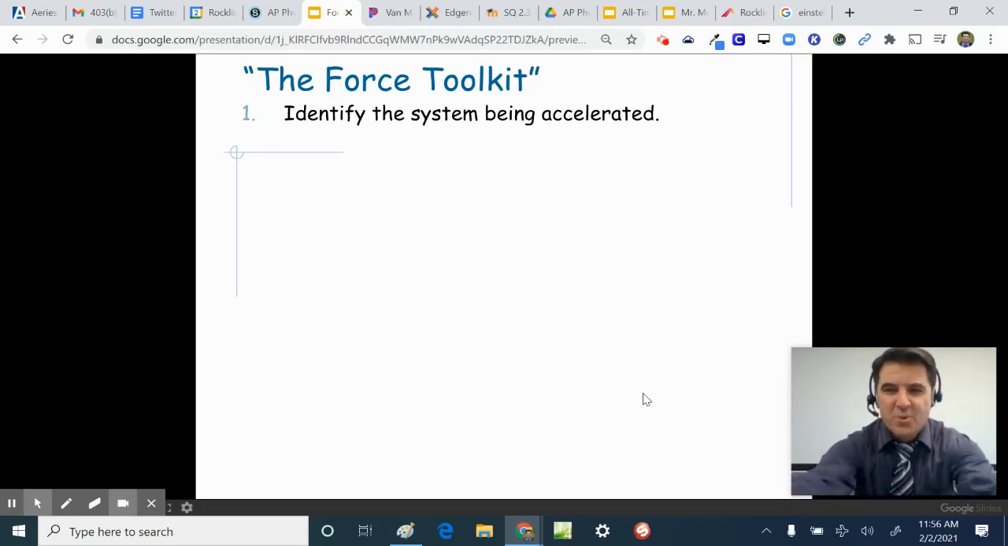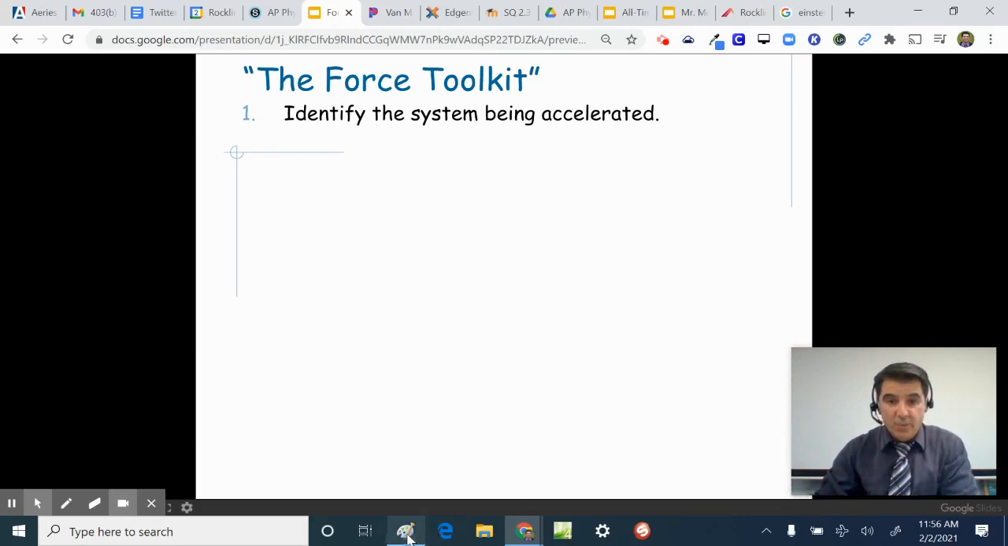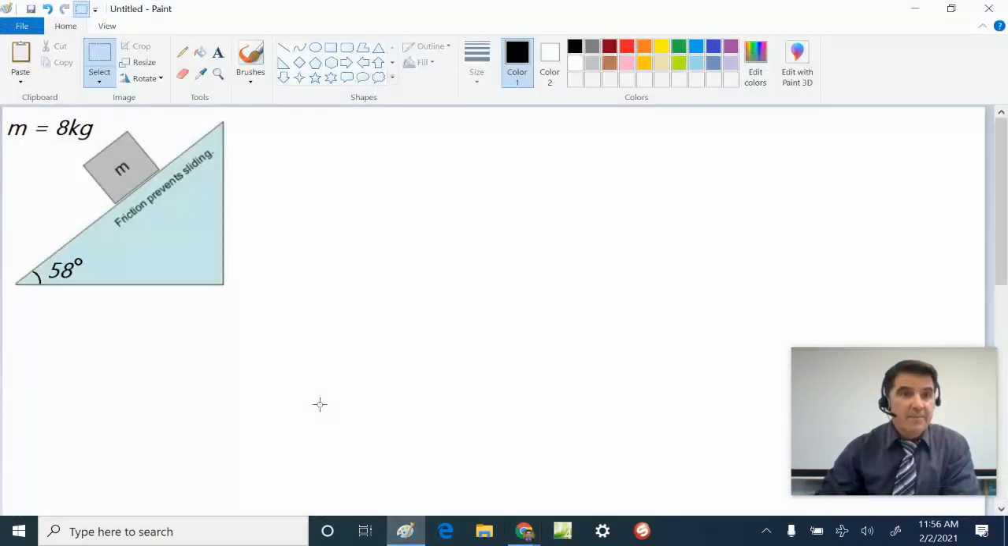Howdy. So let's do the Force Toolkit with an example. The example we're going to have is this box. The box is being prevented from sliding down the incline because of friction. It's at an angle of 58 degrees, and the box has a mass of 8 kilograms. So what we're trying to do is the complete force, the free body